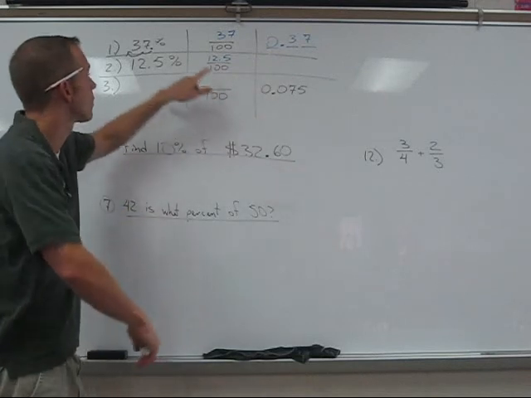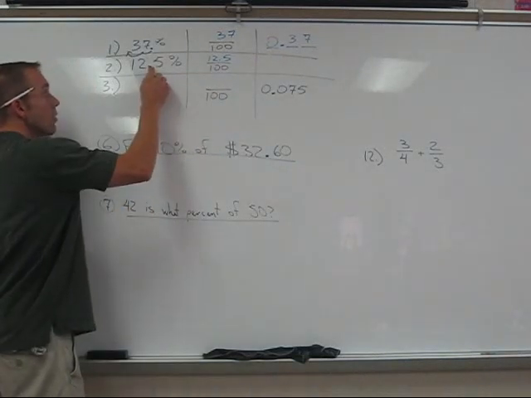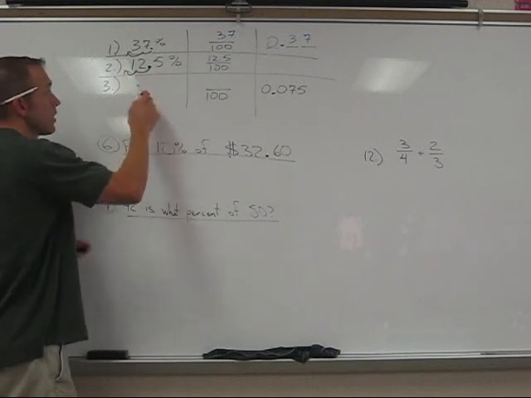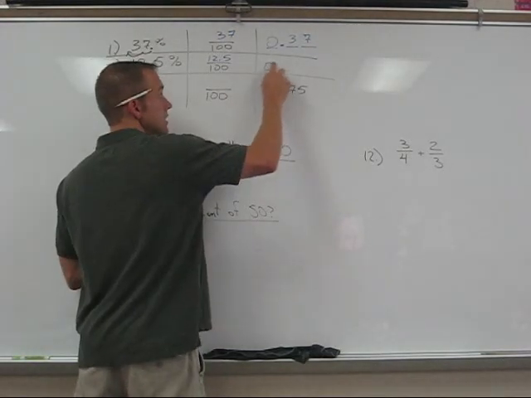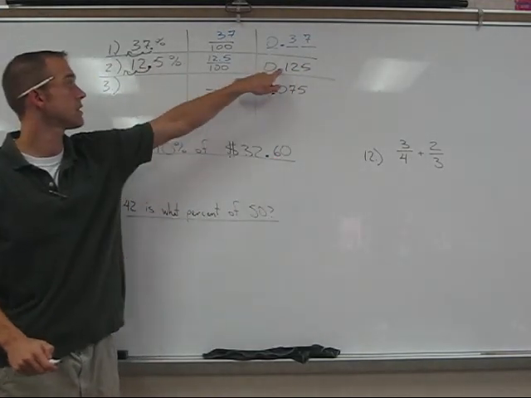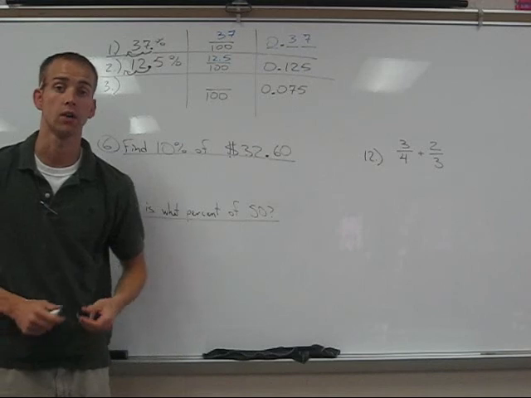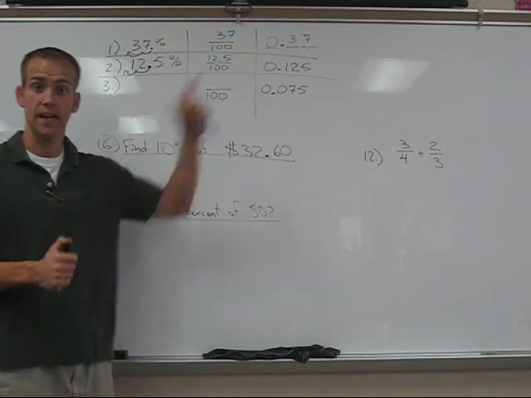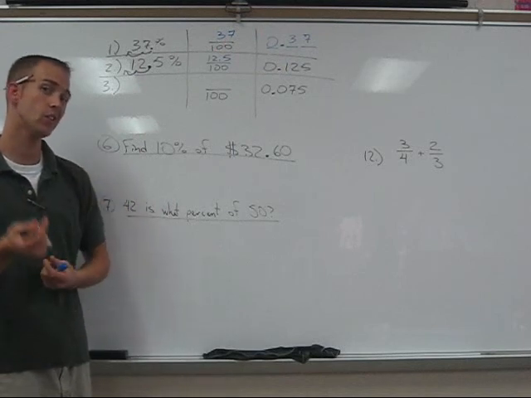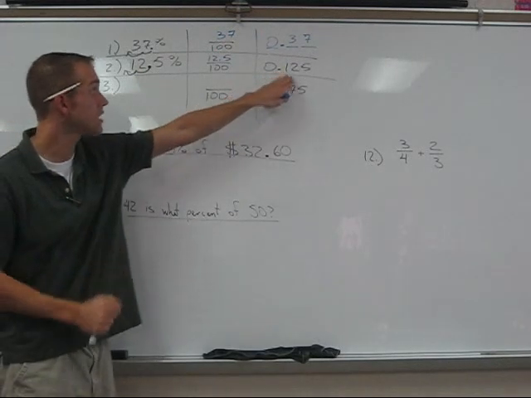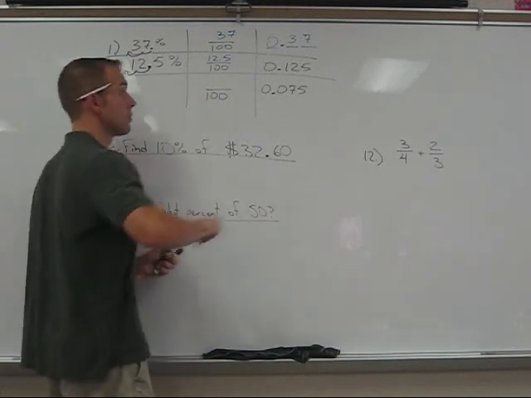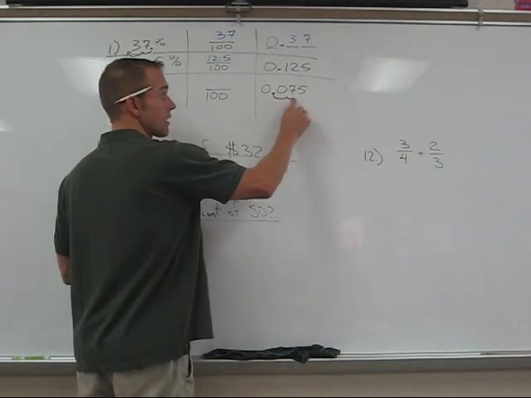This will be helpful when we look at this one because a lot of people make a mistake on this. But if you were just to draw in 2 swoops here, what you'll notice is this is actually 0.125. So 12.5% as a decimal is this. Well, you may say to yourself, if I wanted to go from a decimal back to a percent, shouldn't I still shift the decimal 2 places? And you're absolutely right. Going from a decimal back to the percent, it's like going back the other way. You're going to take your decimal and shift it twice, but back to the right.